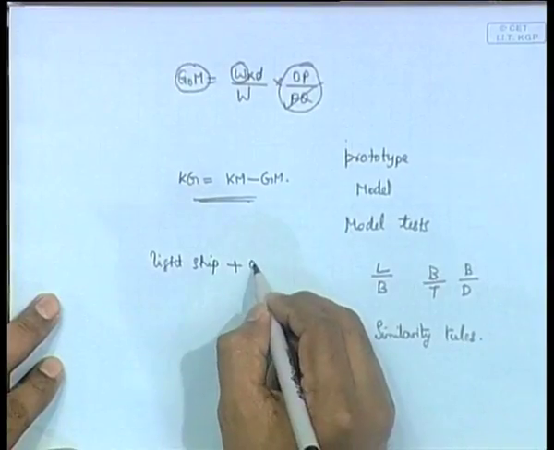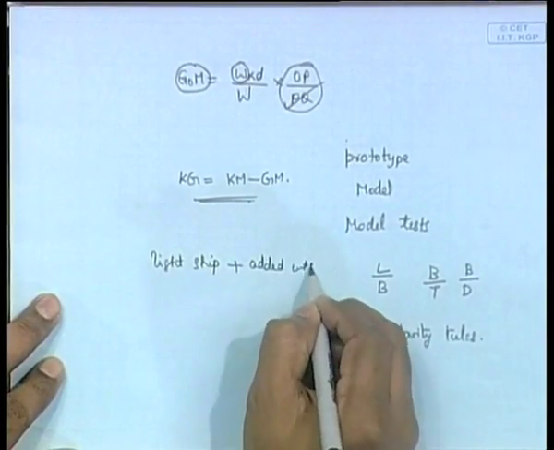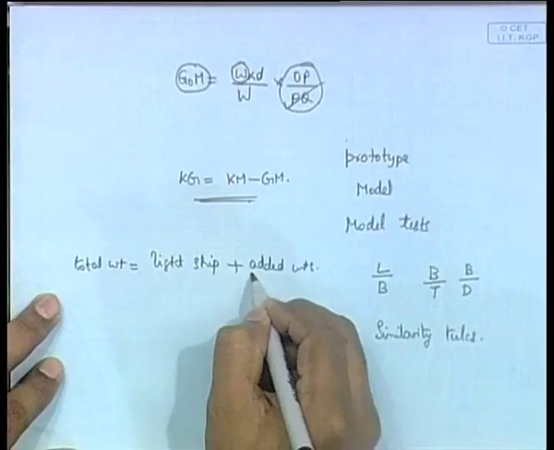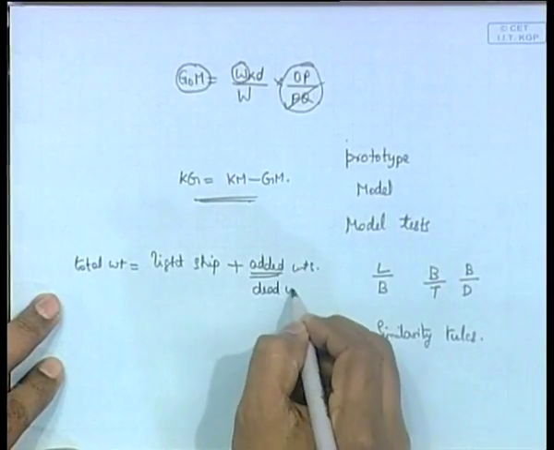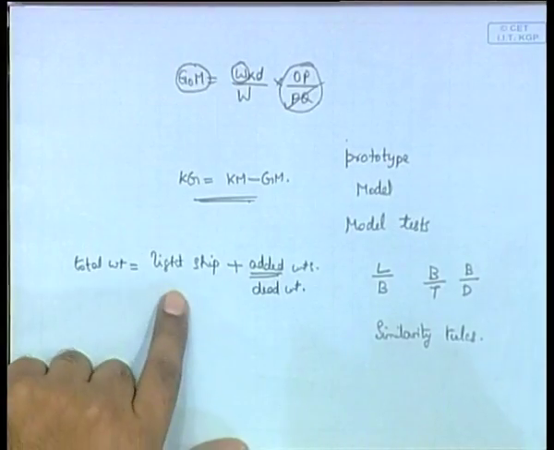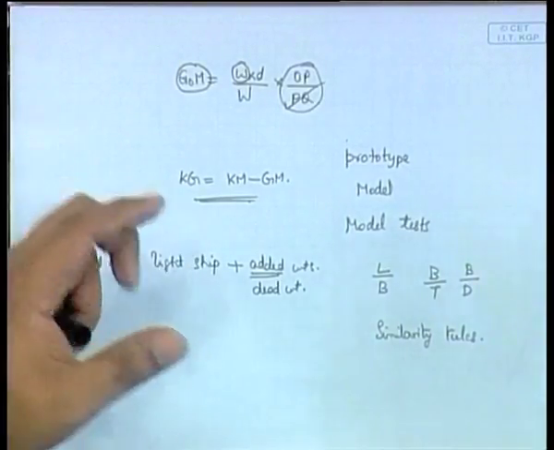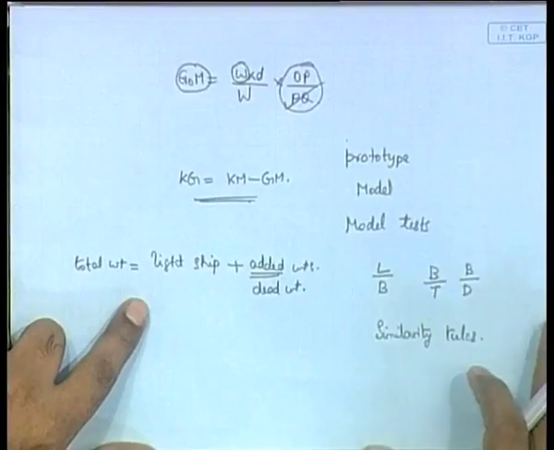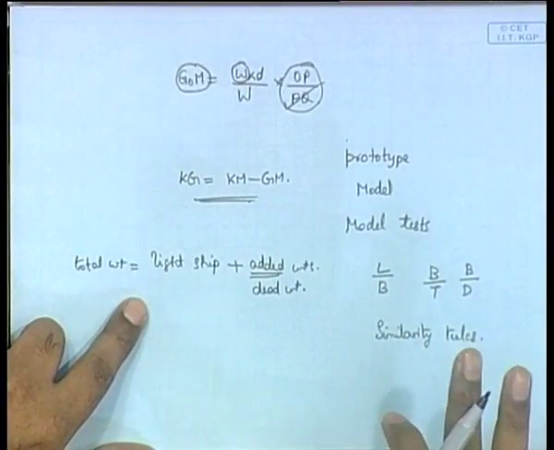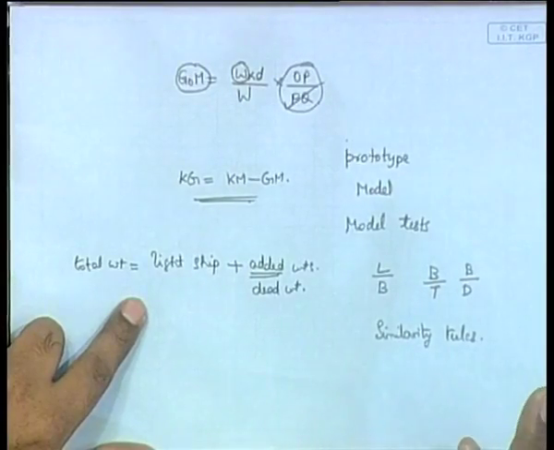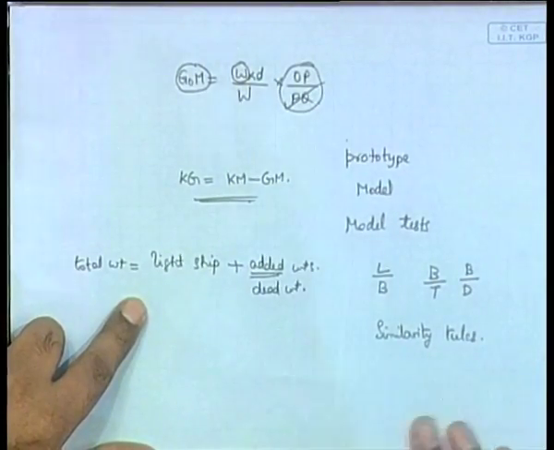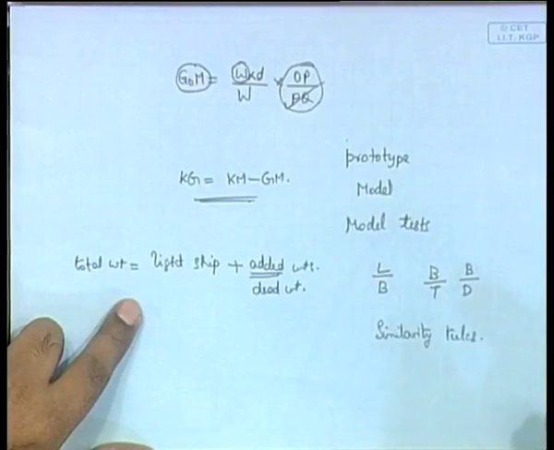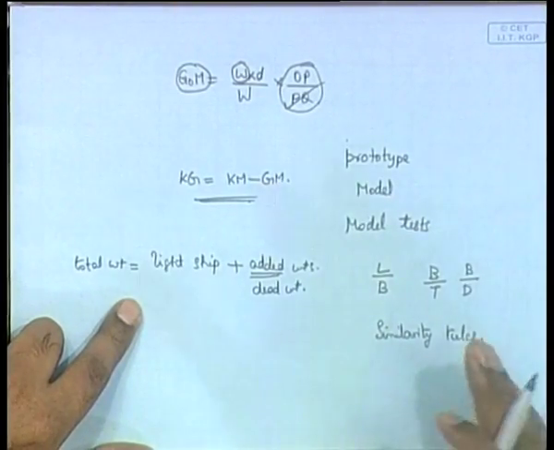you have added weights, this gives you the total weight, and the word used for this added weight is actually dead weight. Okay. So you have the light weight of the ship and dead weight. Dead weight is the material that you have added, and you get the total weight after that as a summation of these two. So this inclining experiment is an experiment done for the light ship, so you do not have anything else on it. So this is the light ship weight. So these are some of the conditions, that is the vessel should be in a light condition. So there is no weight on it,